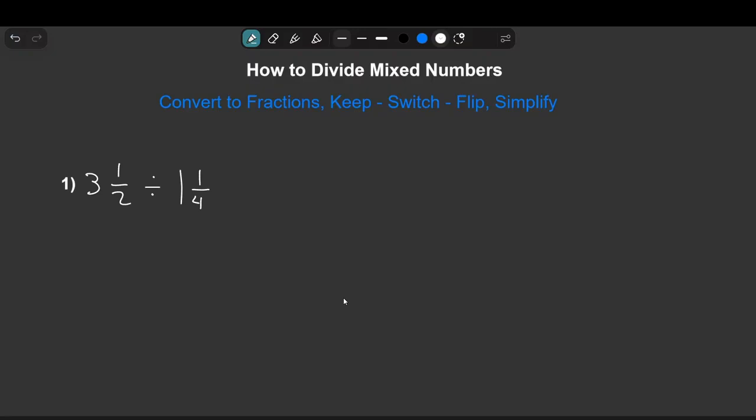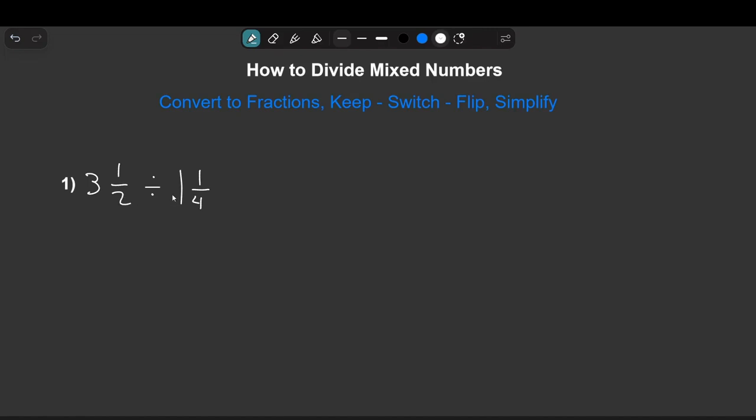In this video I'm going to cover how to divide mixed numbers. Now I'll go through one example, which should be helpful for anyone looking for a quick review or refresher, whether you learned this recently or years ago. It doesn't matter what situation you're in right now, this video should help you get a quick review or a refresher on how to divide mixed numbers. So let's jump into our example where we have